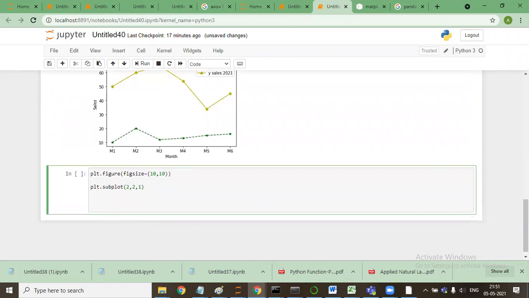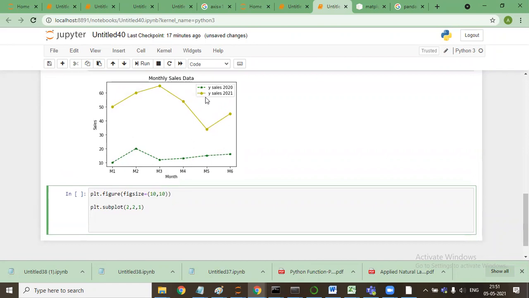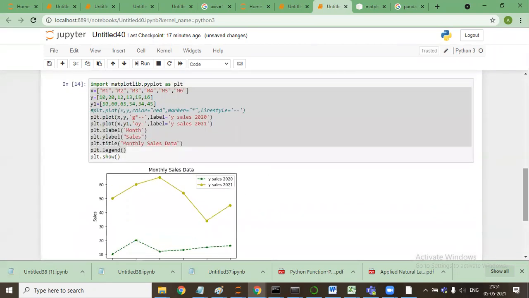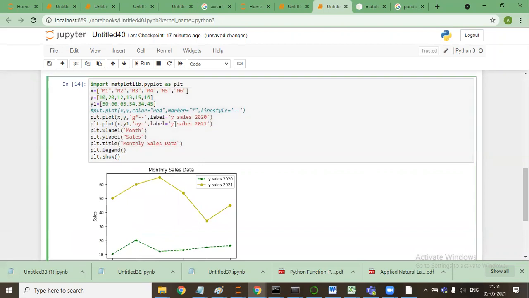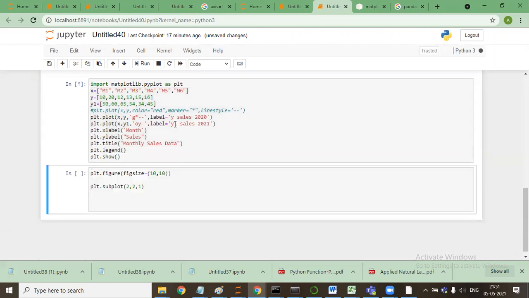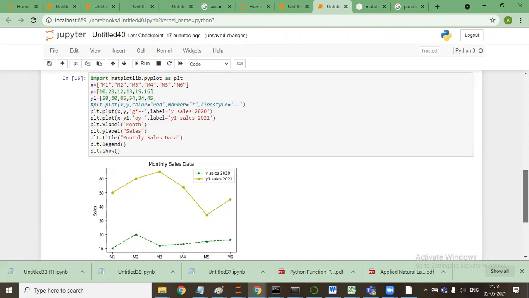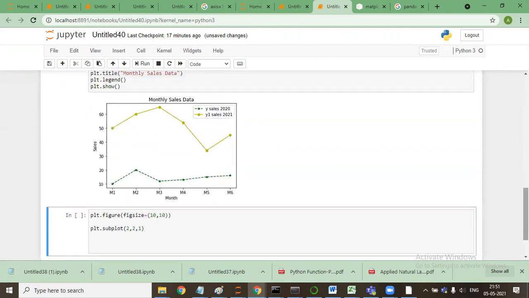The legend is this part. Got it? That should be Y1 says 2021, right? Okay, I wrongly mentioned, so you can say y1 here. Okay. So are you guys with me? Yes, sir.